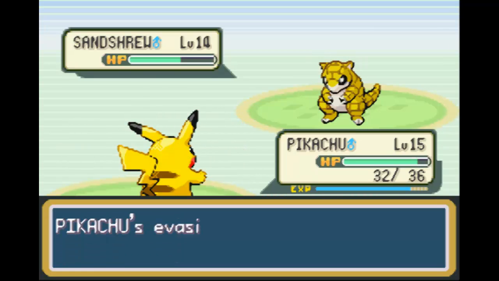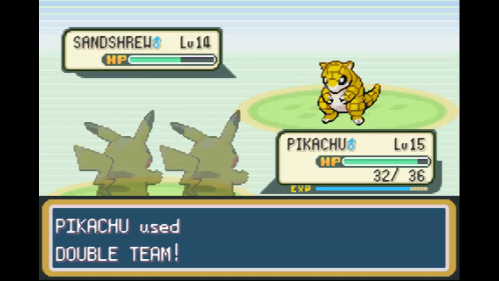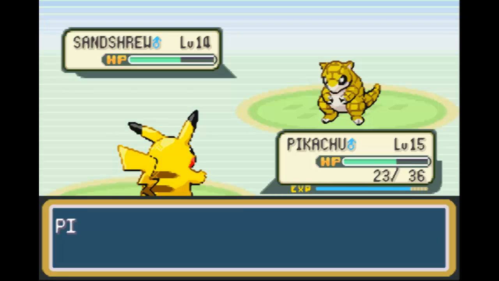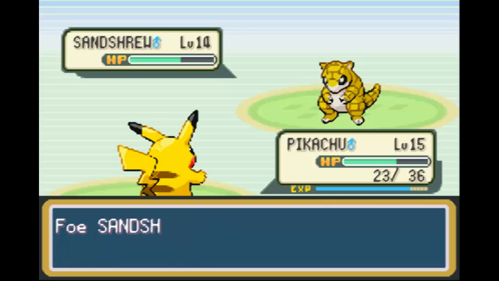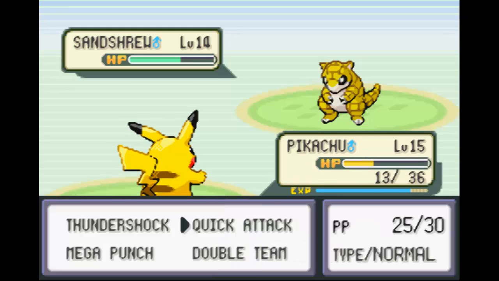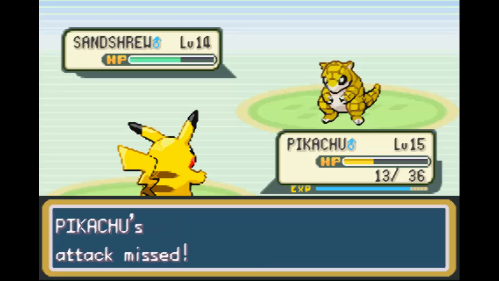I'm going to go ahead and jam on Double Team for a little while just to make sure, while we're waiting for him to attack, that it's not going to affect us too terribly. The less he hits us, the better, in my opinion. Keep on raising evasiveness. Okay. That's good. Now it's just whichever one of us can hit first, pretty much. Which is unfortunate, but...